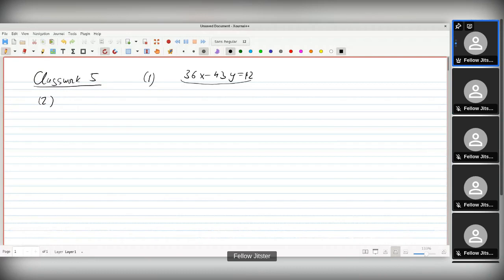And what is the distinction between those that have a solution and those that have no solutions? Divisibility by the GCD. What must be divisible by what? 12 should be divisible by the GCD of 36 and 43. Yes, here this holds. So, in general, for an equation of the form ax plus by equals c,